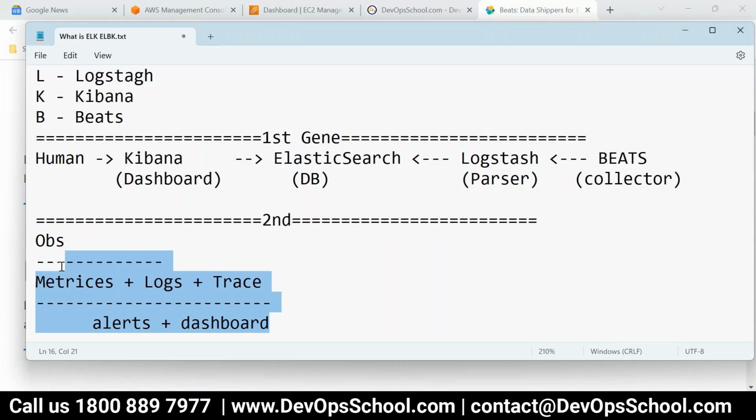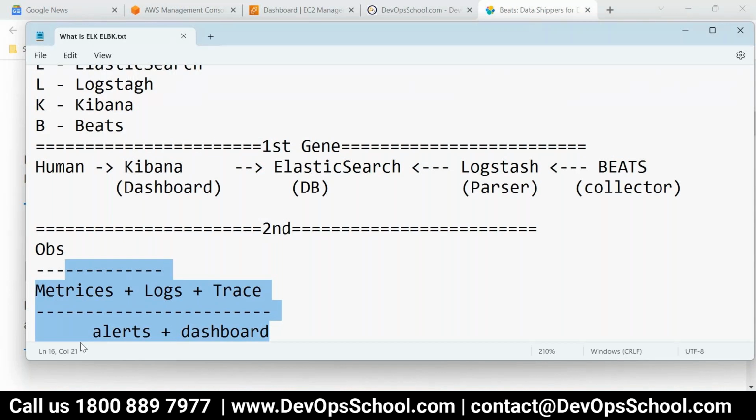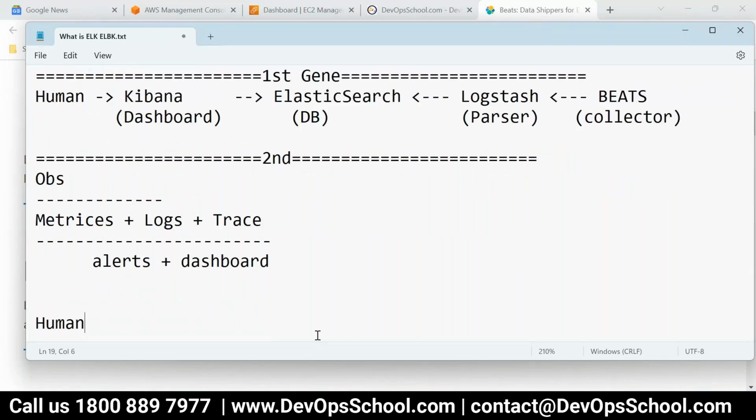So every tool which I'm teaching you, Datadog, New Relic, Zabbix or ELK or any other tools, they are also trying to become an observability platform, because every company is demanding that kind of tool. So in the second generation, what Elastic has done, this is, you will interact with Kibana,